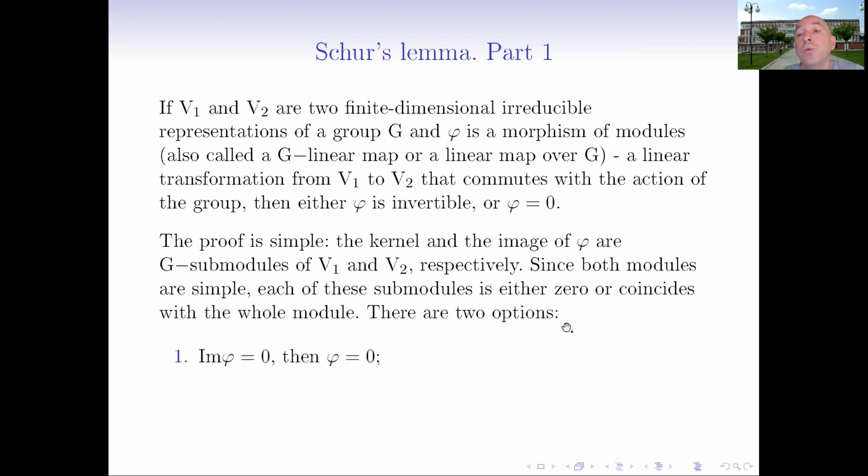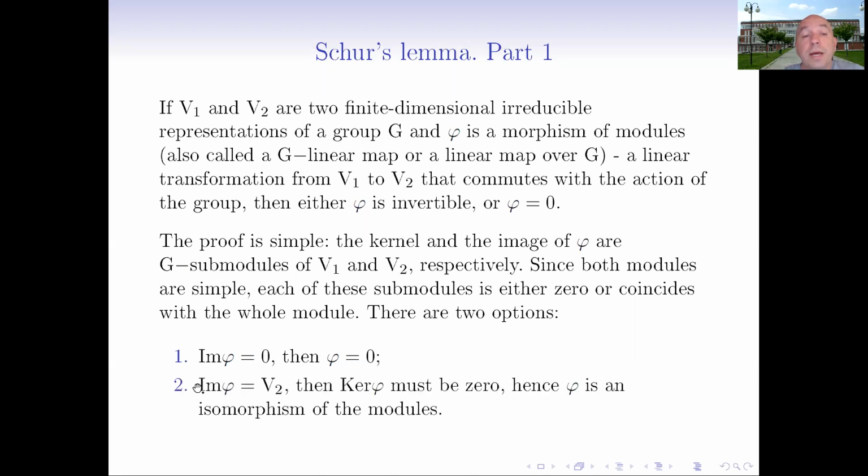So there are actually two options. First, the image of phi is a submodule inside V2, so it can be only either 0 or the whole V2. The first option: the image is 0. Then, of course, phi must be 0 because it sends every element to 0 inside V2. And the second possibility: the image is V2 itself. Then,